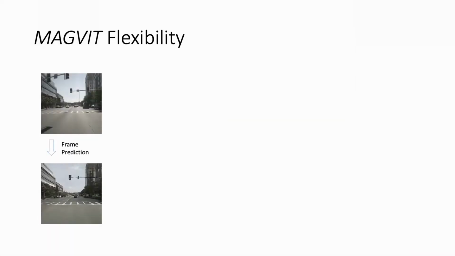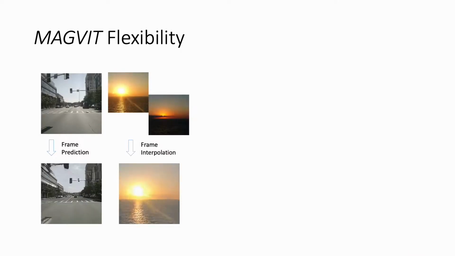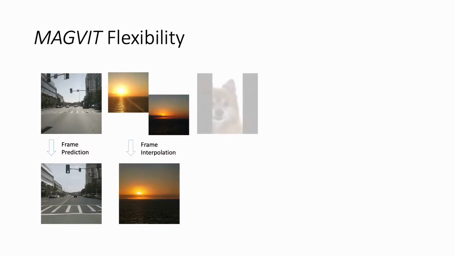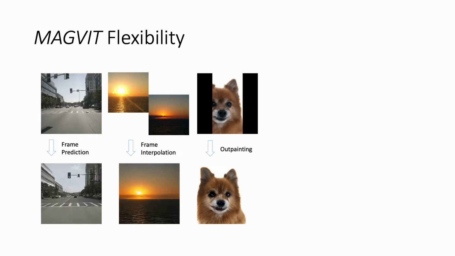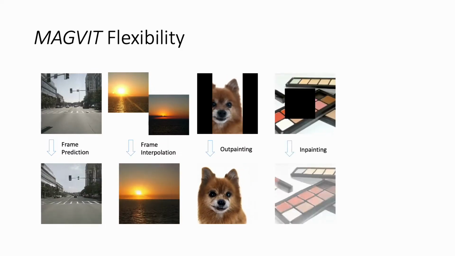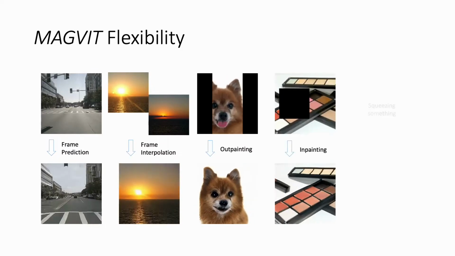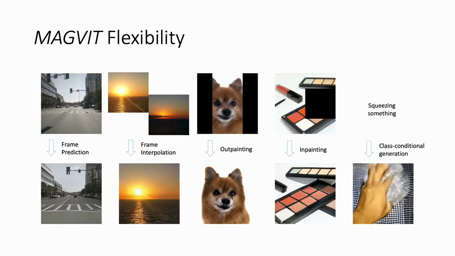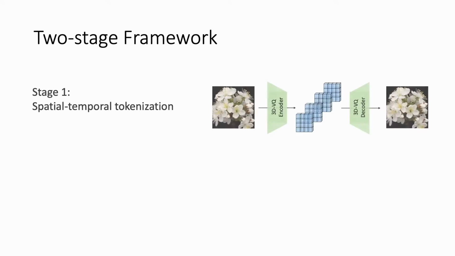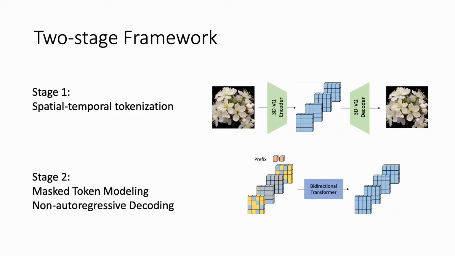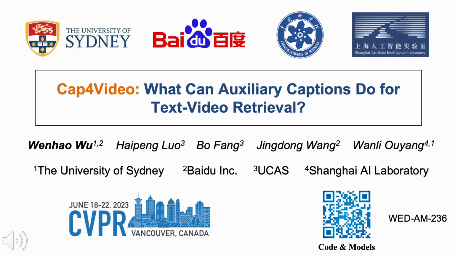A single MAGVIT model can accommodate multiple generation tasks, such as frame prediction, frame interpolation, video outpainting, video inpainting, class conditional video generation. MAGVIT is trained in 2 stages. In the first stage, we learn a VQ autoencoder to quantize a video into discrete tokens in both spatial and temporal dimensions. In the second stage, we learn a transformer by